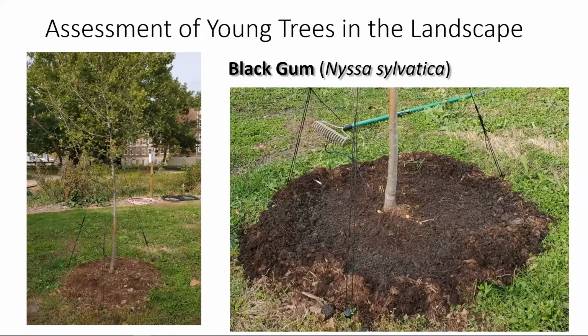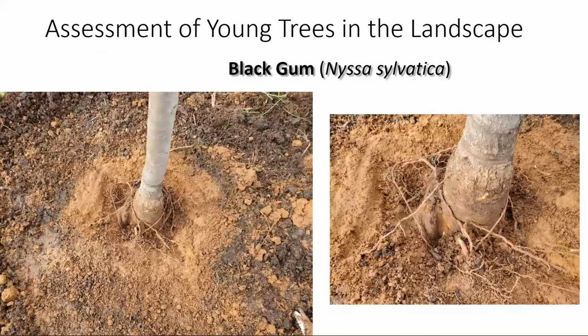So with that, let's talk about looking at some root collar excavations of trees already in the landscape. And this is a picture of this little black gum we saw earlier. This was a very recently planted black gum that really has that telephone pole appearance. We can see a little bit of a flare down there, but not much. Pretty telephone pole looking.